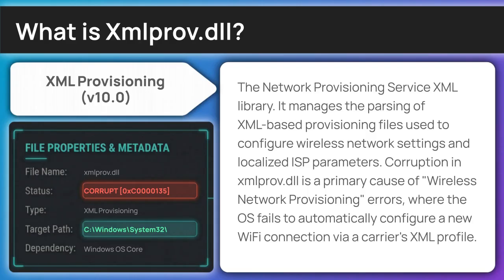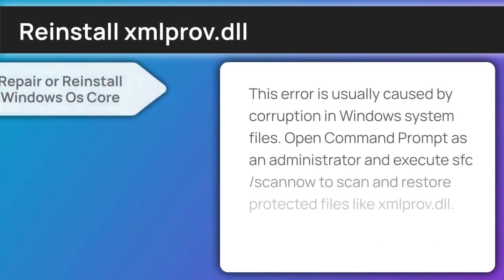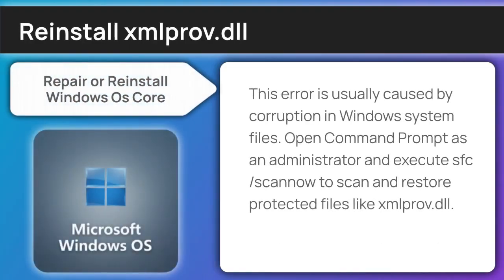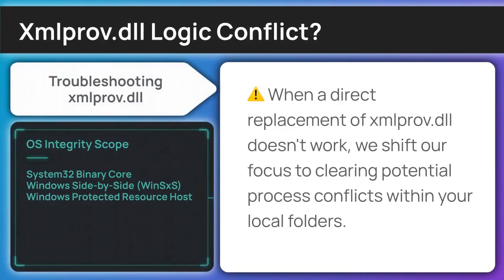Since we've identified what's missing, let's try the official recovery method. This error is usually caused by corruption in Windows system files. Open Command Prompt as an administrator and execute sfc /scannow to scan and restore protected files like XML Provisioning Library DLL. If you're still seeing the missing file notification, we should attempt to force a synchronization between the software and